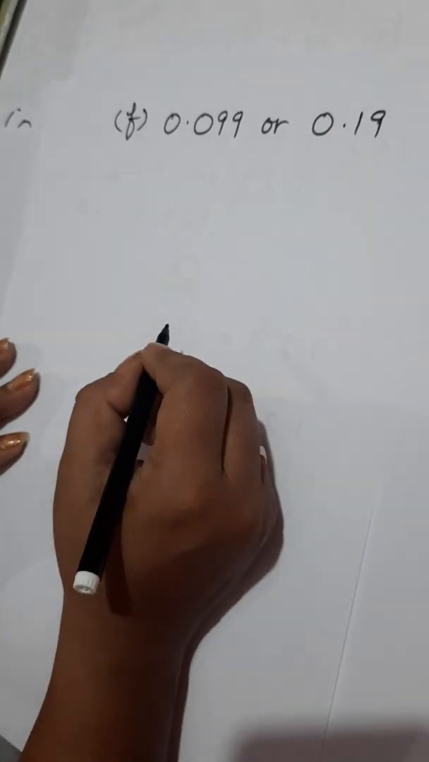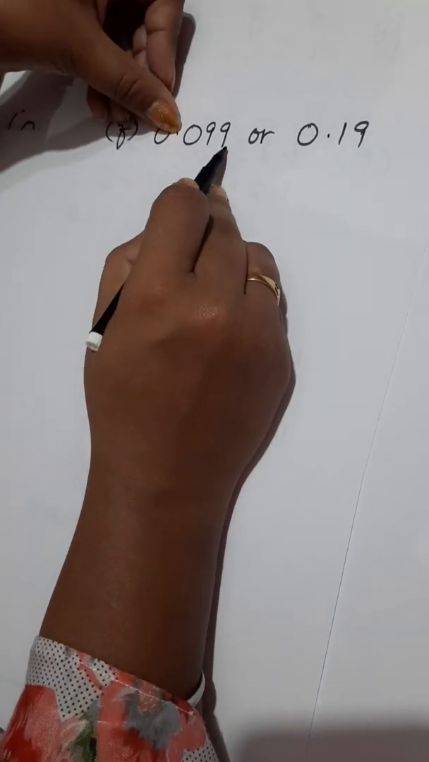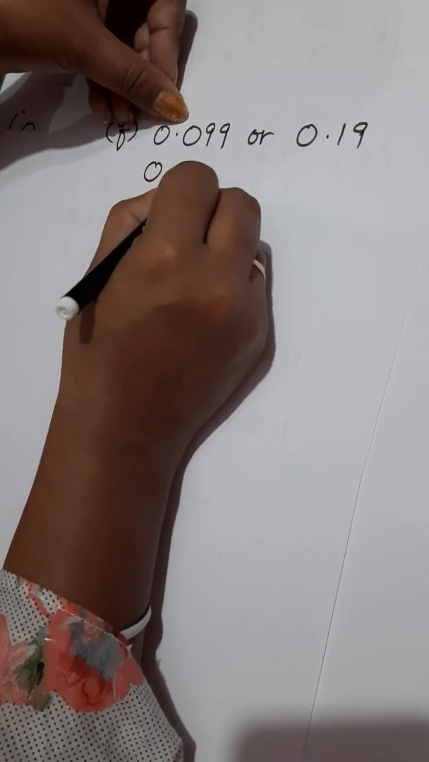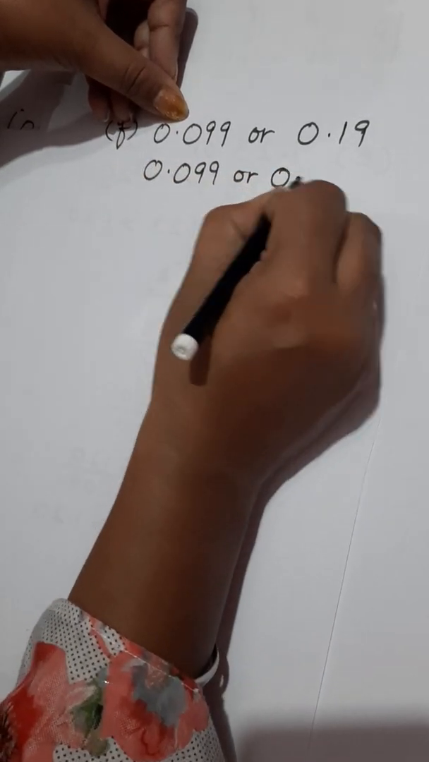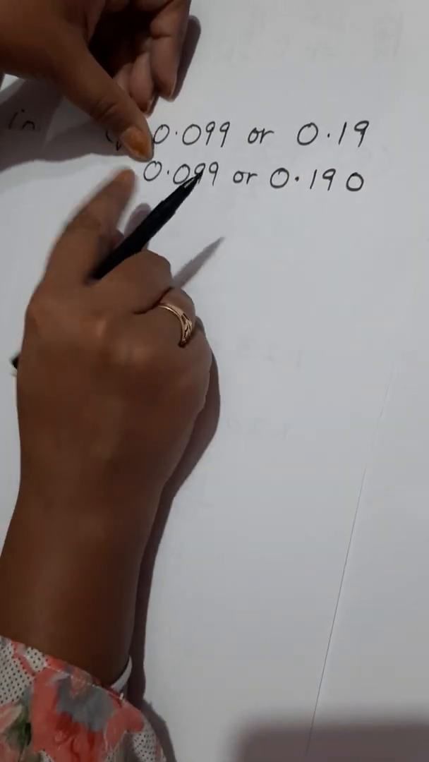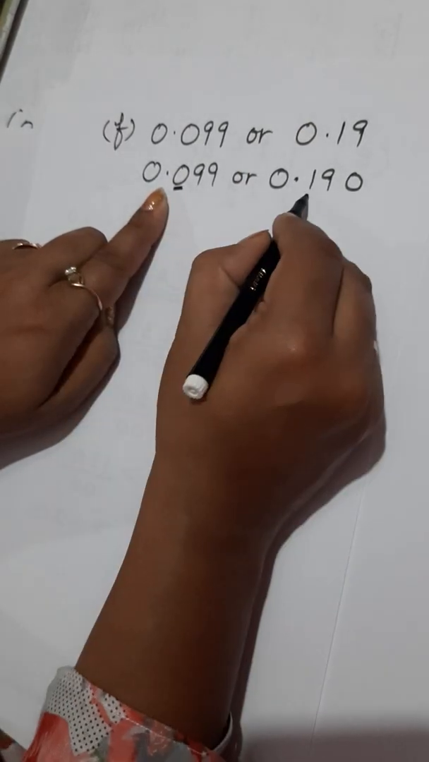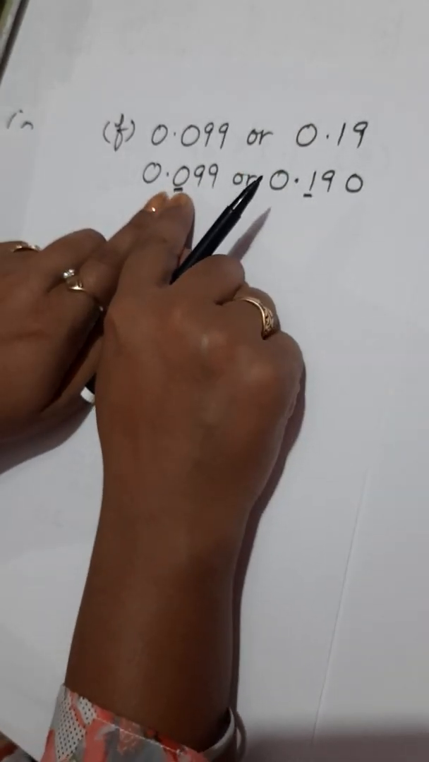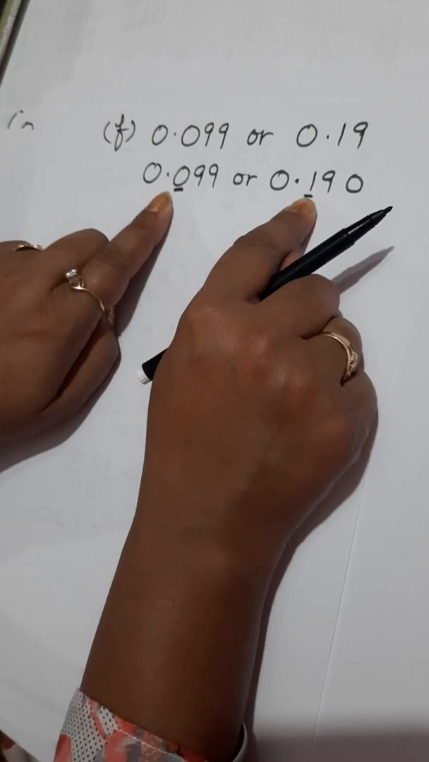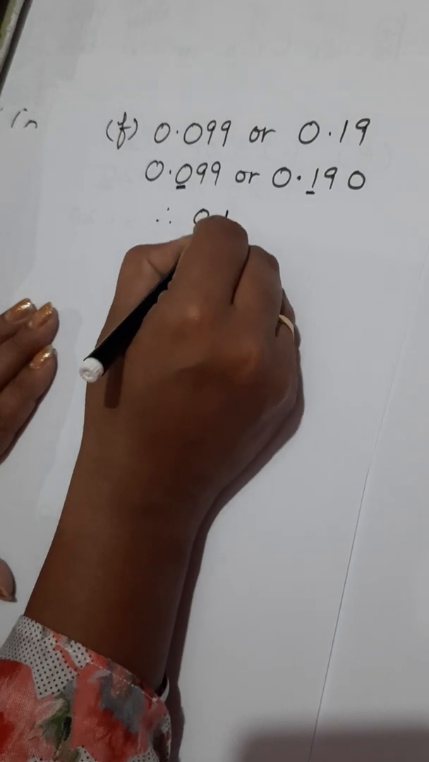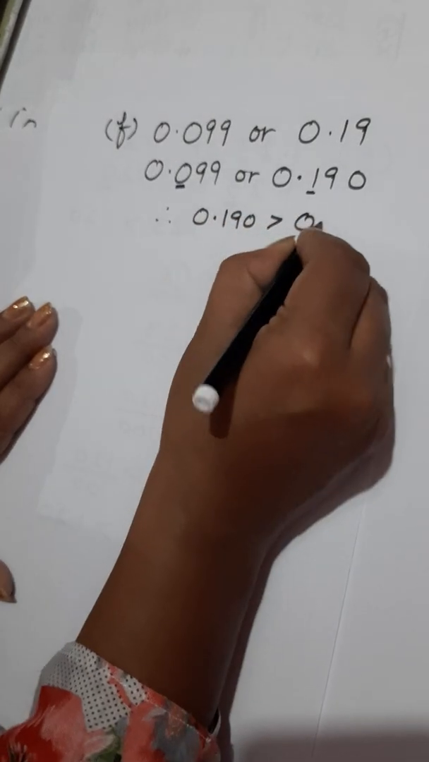F part is 0.099 or 0.19. Here after decimal we have 3 digits and here after decimal we have 2 digits. So I will write like this, 0.099 or 0.190. If I compare the whole part, both are 0. If I compare the digit at 10th place, it is clear this is smaller and this one is greater. So we can write 0.190 is greater than